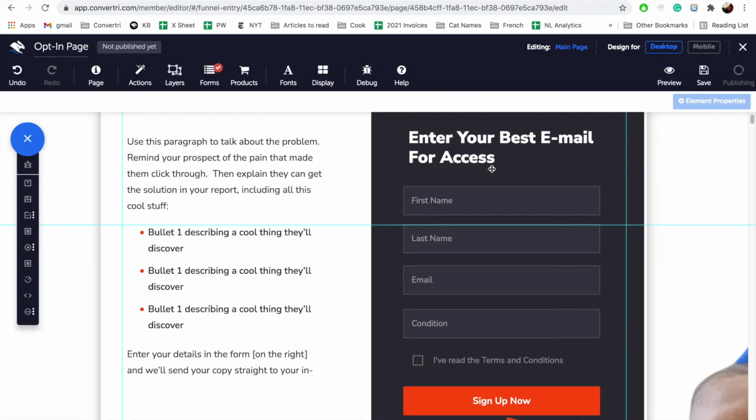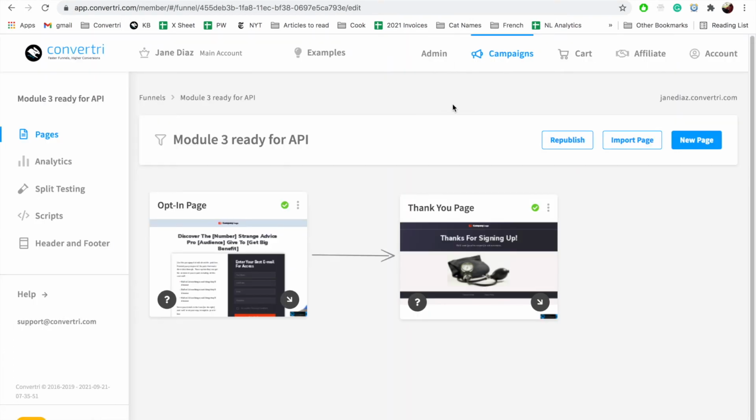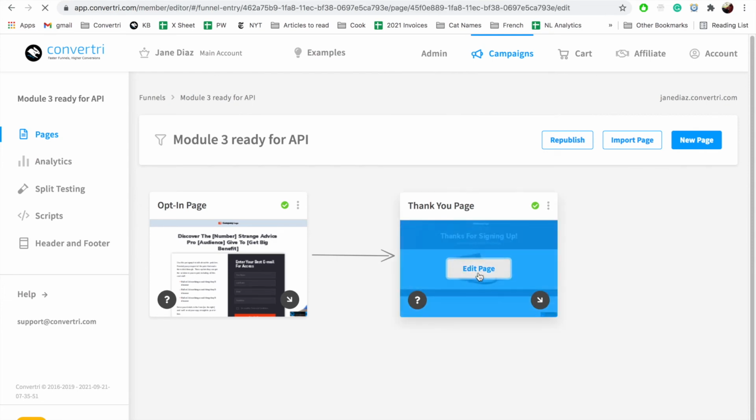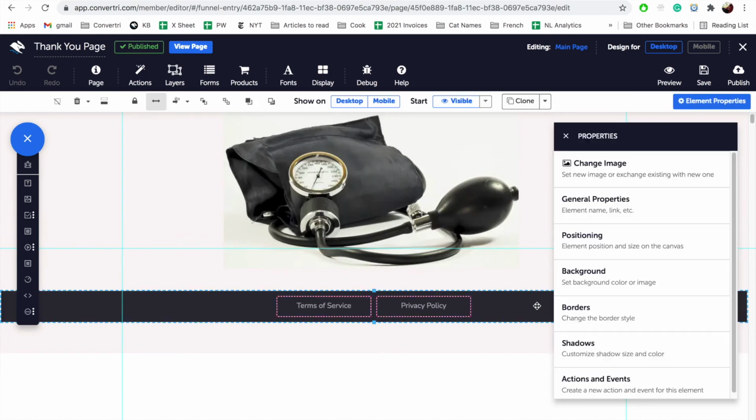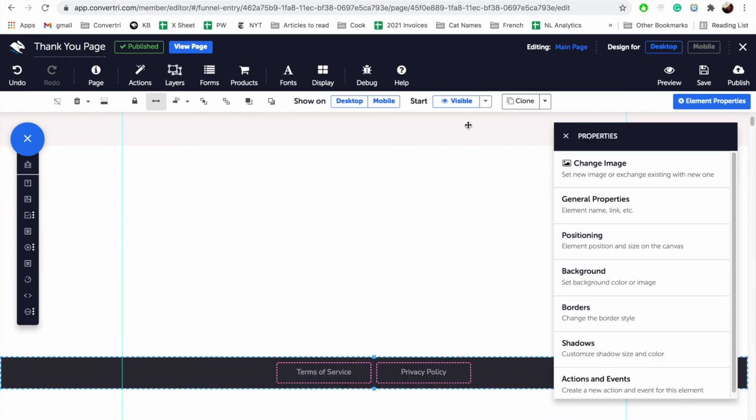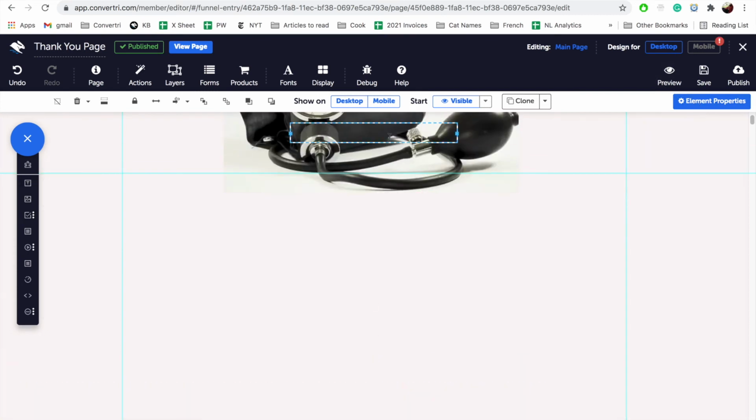Step 5, File Delivery. Once our users have entered their details and clicked Sign Up, they're taken to our thank you page. As a final touch, let's add a lead magnet that they can download from this page with a single click. Return to the funnel and click on the thank you page. Prepare the page as follows. Make some room for the new section by moving the footer downwards and expanding the main panel. Add a text element with the heading